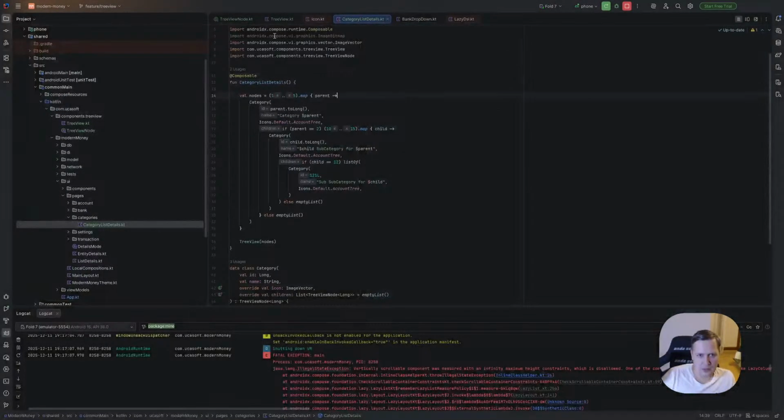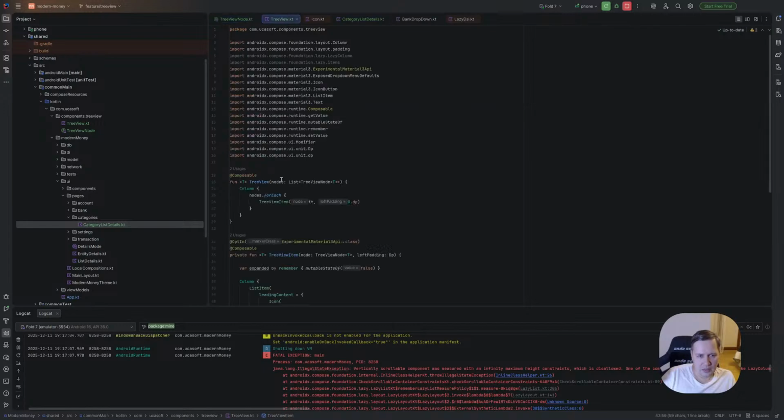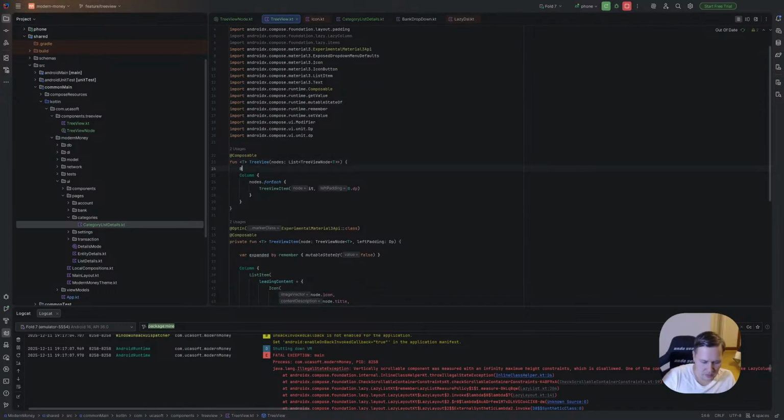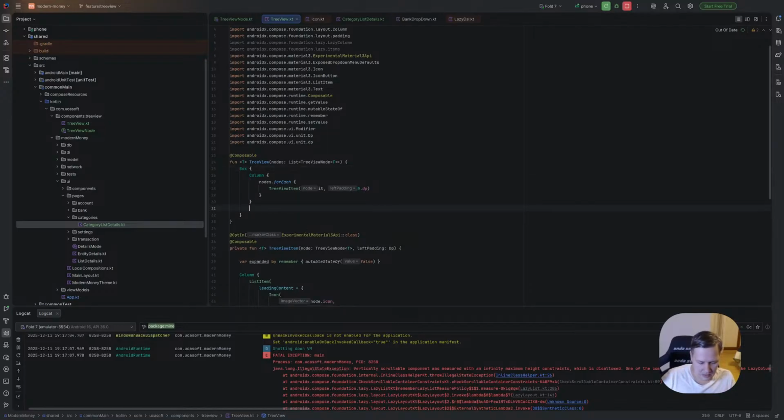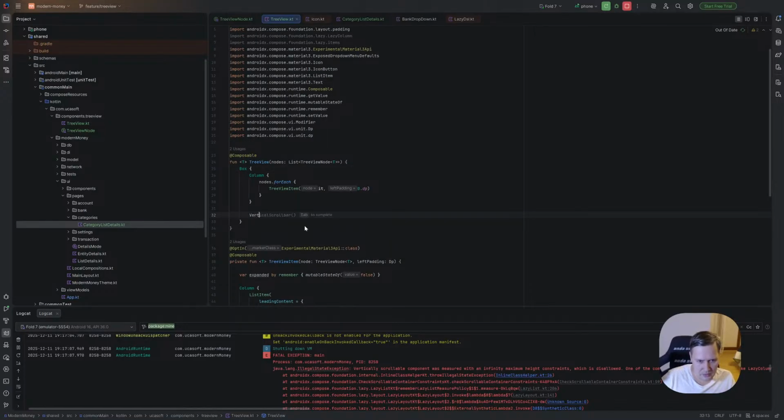So what we can do here, we can wrap our first column as box, and we need a vertical scroll bar here.